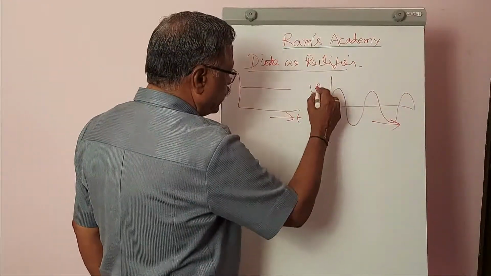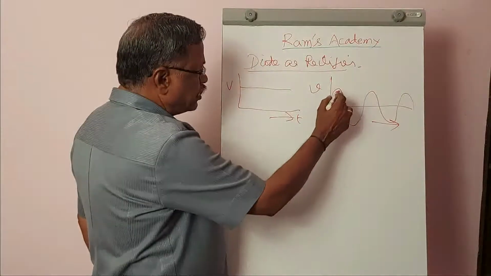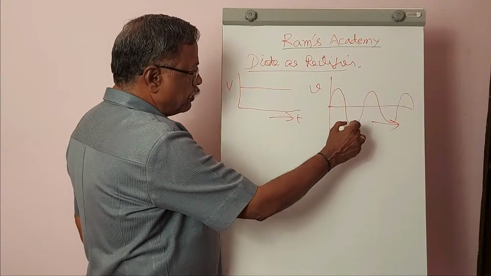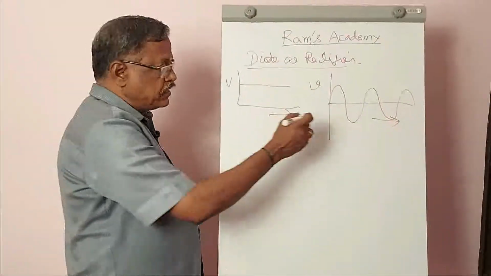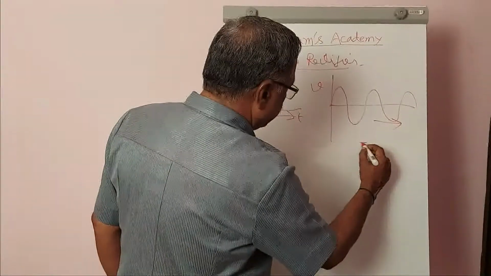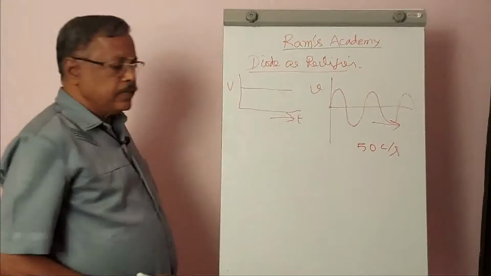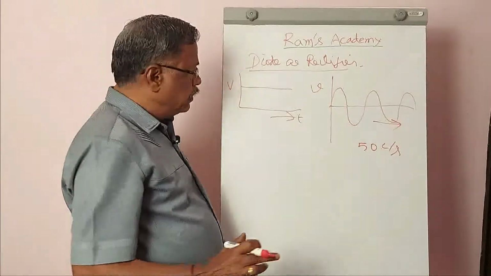This is also voltage versus time. But here, with respect to time, the voltage goes to the peak value and comes down, and then goes to the peak value in the negative direction, like that. It keeps moving. That's why this is called alternating current. Our supply has 50 cycles per second. So this is the power supply we get for domestic use.